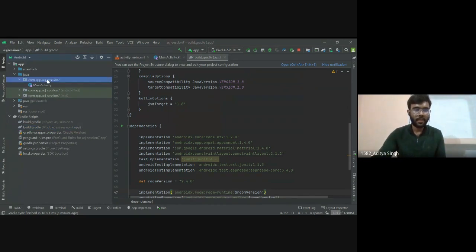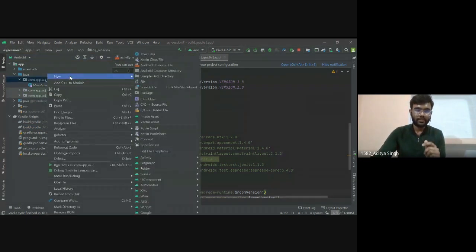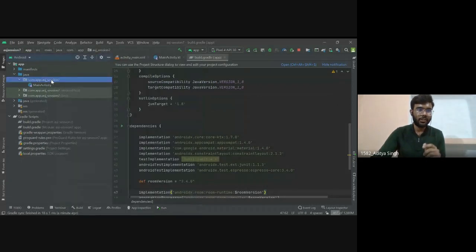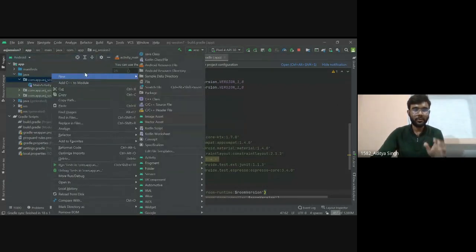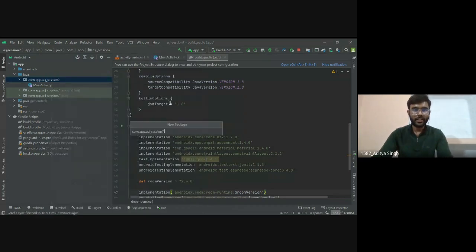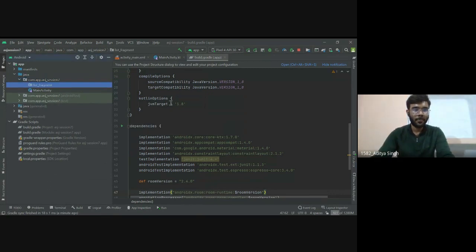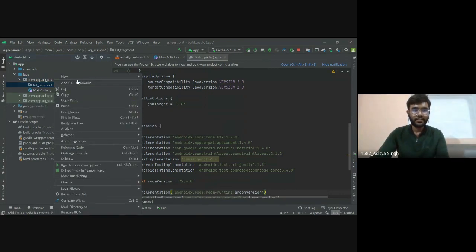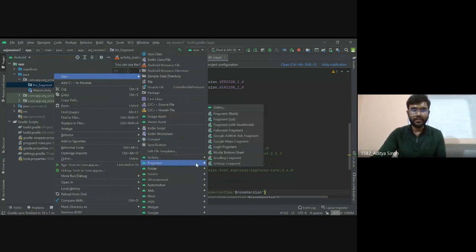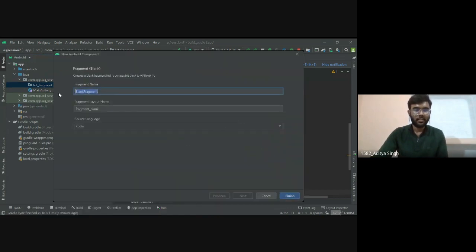Okay, so let me show you how to create a package first. You need to right click on this one, go to new, select package, and give it a name. I'm going with the name list fragment, and inside this list fragment, I'm going to create an empty fragment, and I will give it the same name.